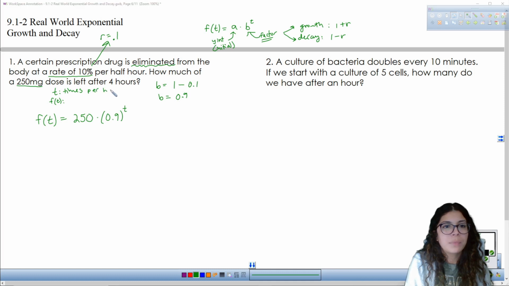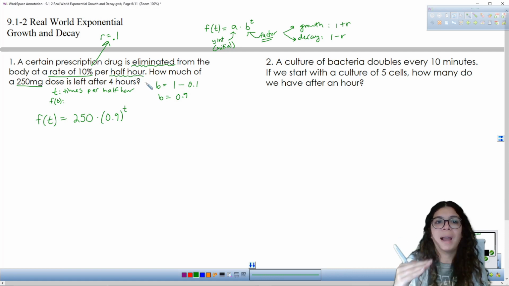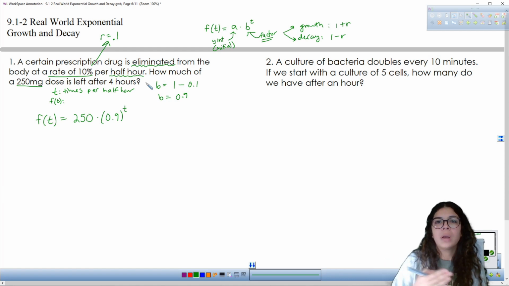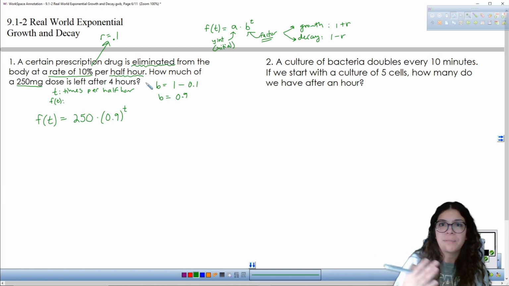per half hour, because this rate is given to you per half hour. So t is how many times total, each half hour. So if you have 10 hours, then that would be 20 half hours. So how many half hours? And then f of t, the output, will be the amount of the prescription drug